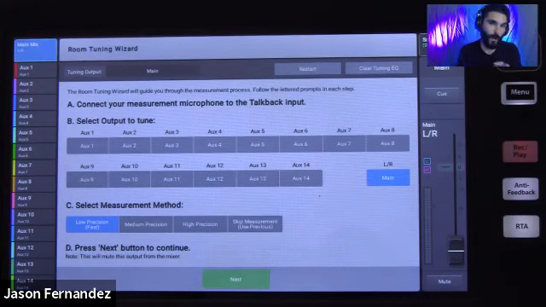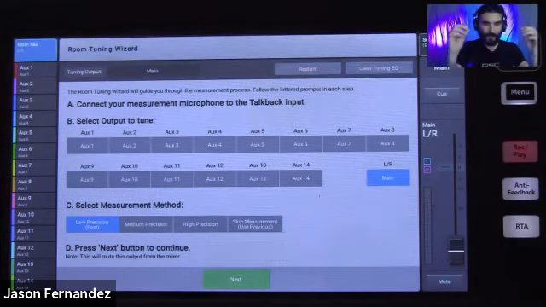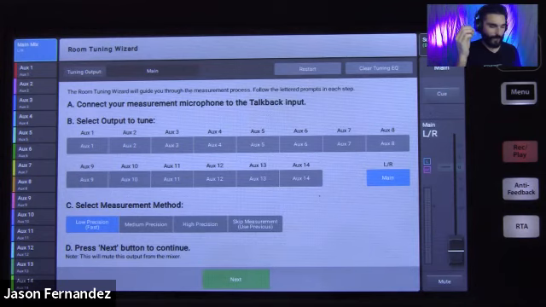I wouldn't say it requires, but we highly recommend that you use a tuning microphone for this, or a measurement microphone. It's a very specific type of microphone. If you do this with an SM57 or something like that, it'll work, but it probably won't work as well as if you had this specific microphone. If you've ever seen one that comes down to a needle point, a really thin little fine point at the end, that's a measurement microphone. There are all kinds of varieties of them at many different price points. You don't need a crazy expensive one. You can pick one up for around $100 and it'll work just fine.